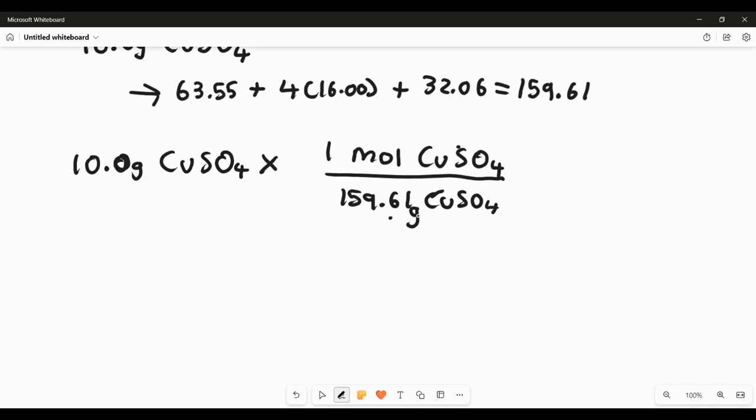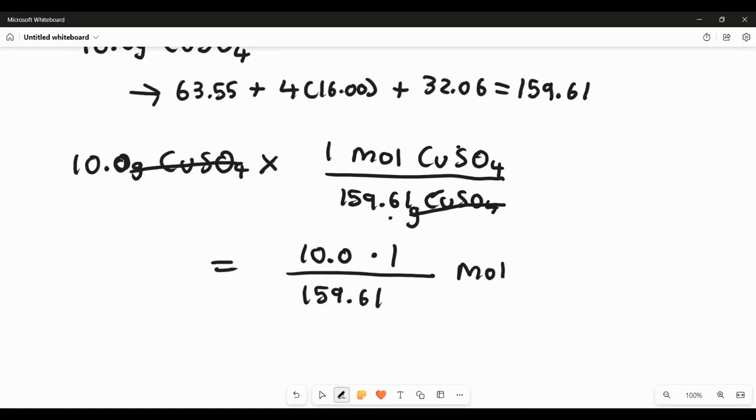And since the units are the same on top and the bottom, this will cancel out, which means now we have 10.0 times 1 over 159.61 moles of CuSO4,